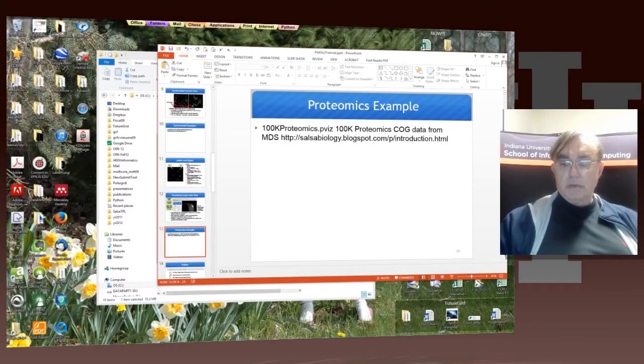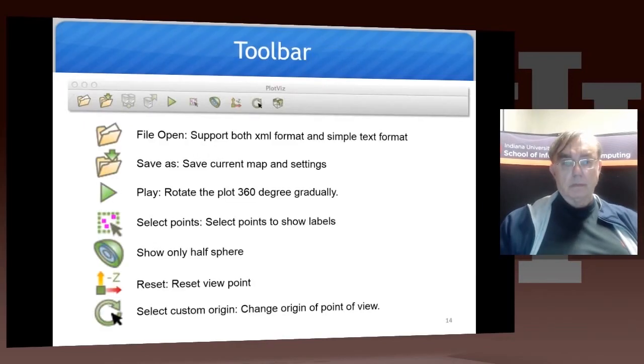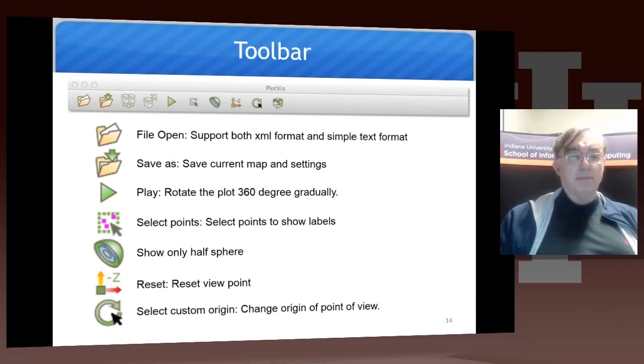Now we continue with the PowerPoint. So this discusses the toolbar. If you go and see what you have on the toolbar, you have File Open, which will open the .pviz and the .text